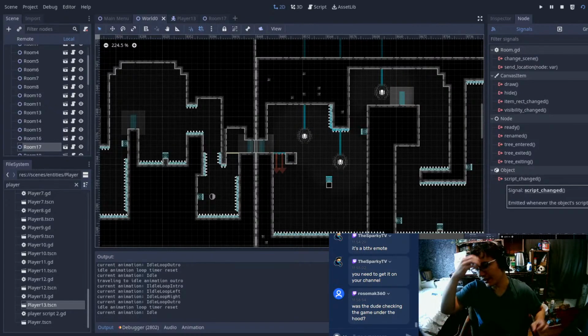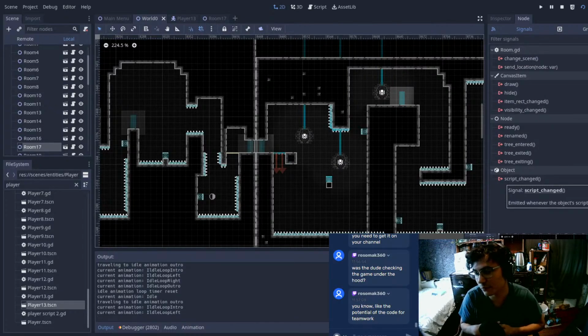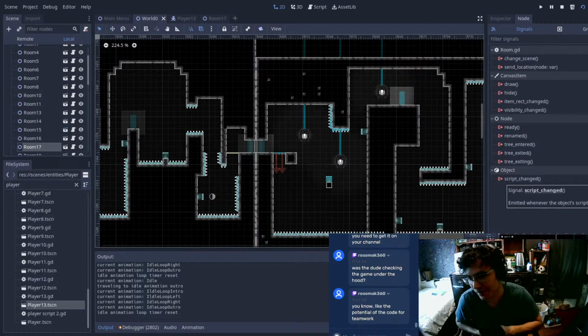Was the dude checking the game under the hood? Nope. From what I saw, he wasn't. And so that just makes me think that maybe they're taking first impressions, which I understand. It's basically the way a regular user is going to look at your game. They're going to look at it the same way, which was surprising because I did a lot of research and they said that